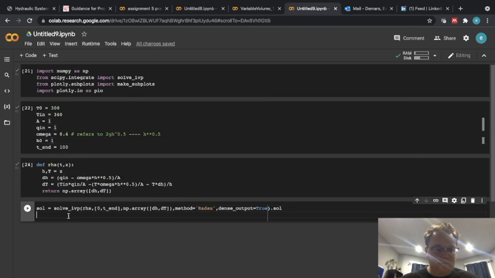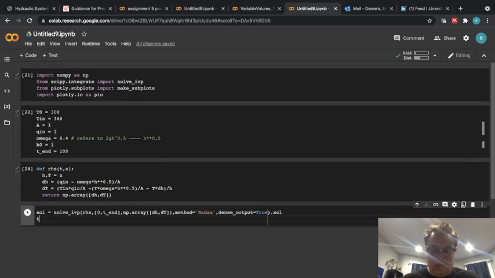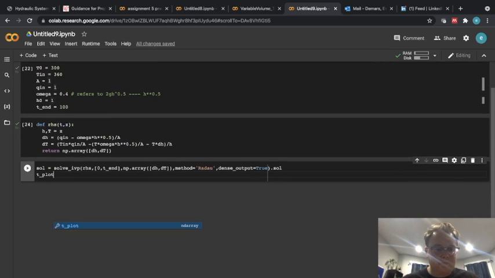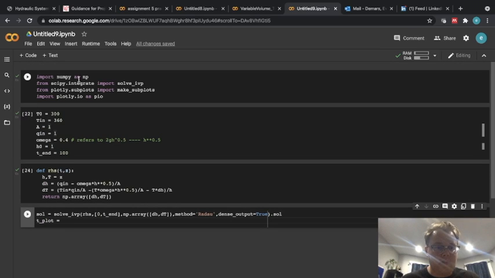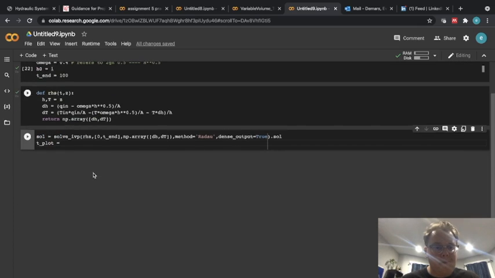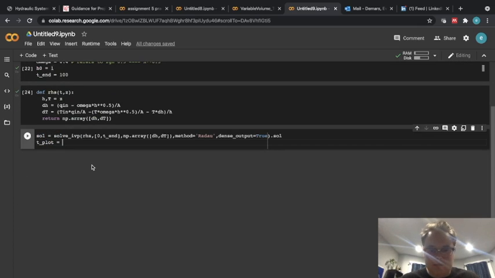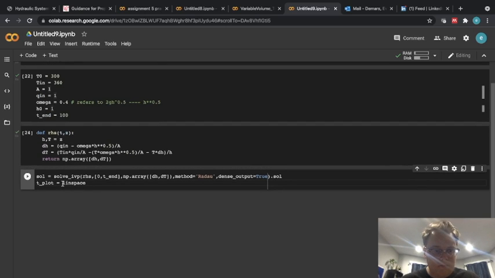There we go. And now I need to set up a plot for my time. So t_plot is equal to, I'm going to be using the linspace here. So t_plot equal to linspace, numerical Python. Oh, so np.linspace